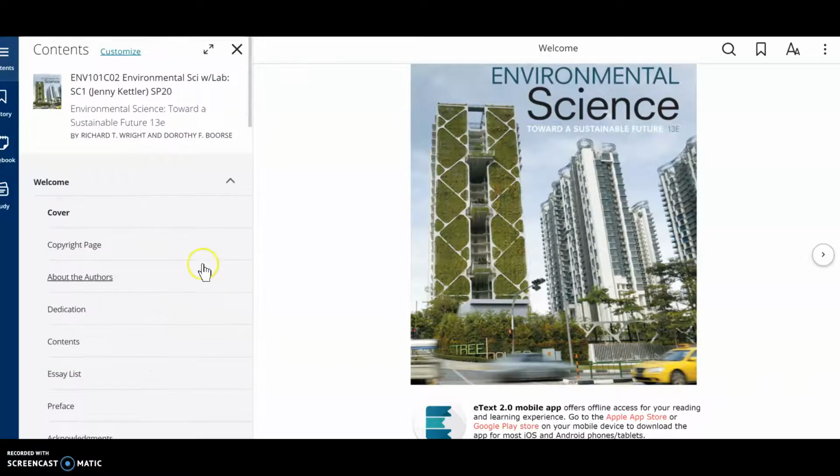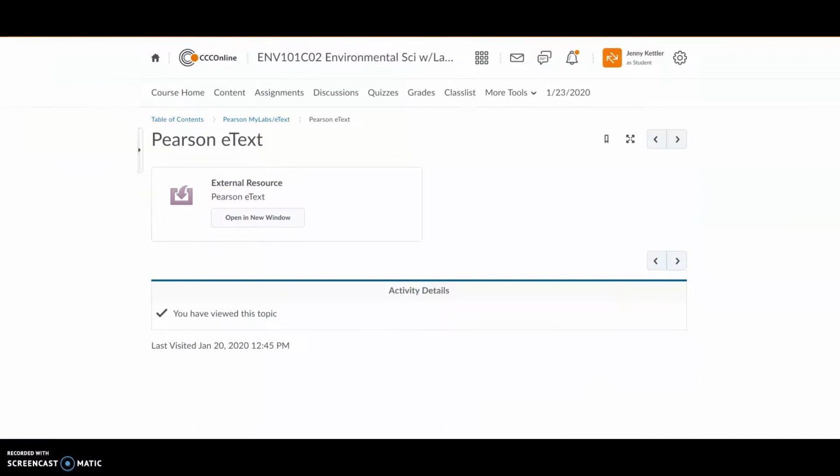Now, every chapter has a quiz associated with it that you need to take. The quizzes are 15 questions for each chapter. So your chapter 1 and chapter 2 is due, I think, by February 16th. And so you'll need to take those quizzes by that time. I highly recommend that you take the quiz immediately after reading the chapter if you can, because there are certain dates for it. So to access those quizzes, we're going to go back to the table of contents,